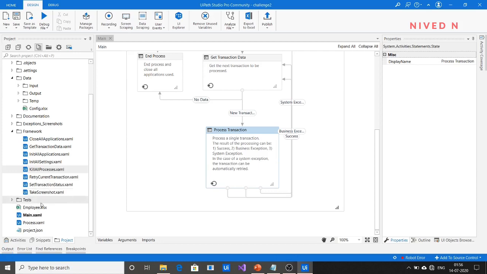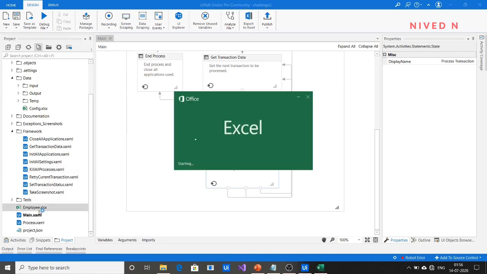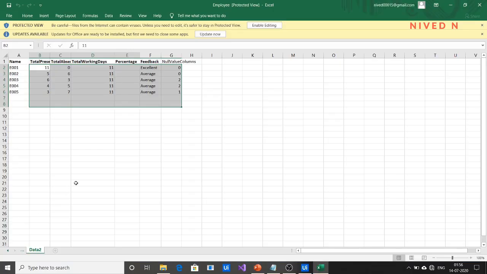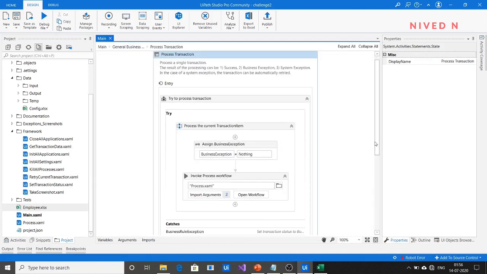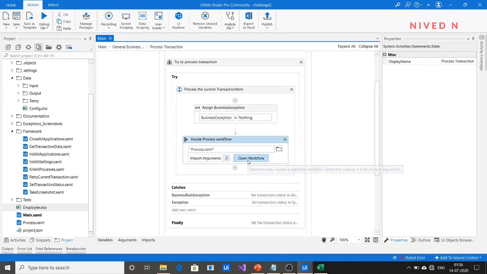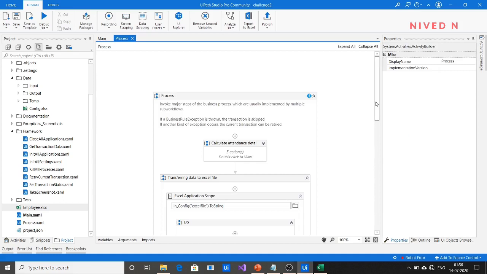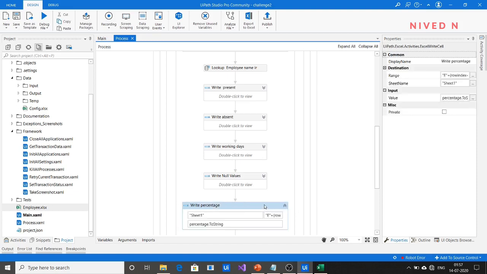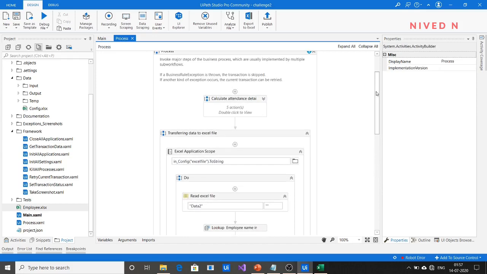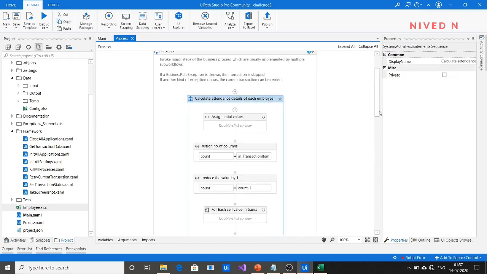You can check whether it is successful or not by using this employees data XLS file. Oh, I think we have forgotten to enter the Excel data here. Let me check. We have provided the percentage, not to string, and it's not able to calculate. Let me check that.